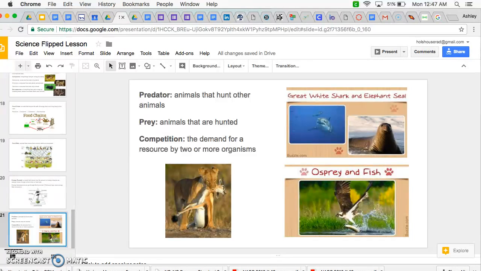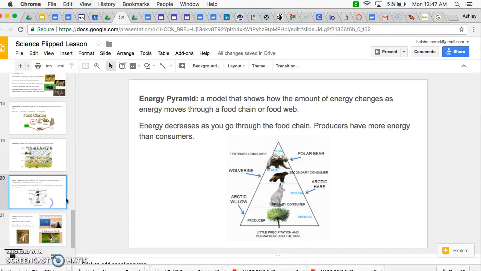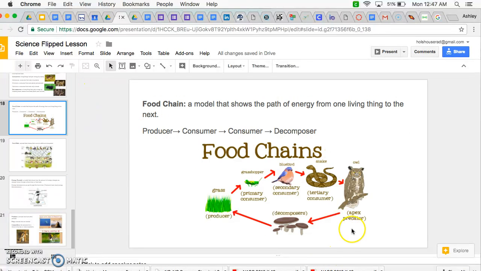I want you to see if you can think of some other predator and prey relationships to put in your notes. Going back through within your PBL, include a pyramid and how wherever your endangered species would land on this pyramid and within the food chain in its ecosystem. Make sure you include that because that's important to the key of unlocking why they're endangered.